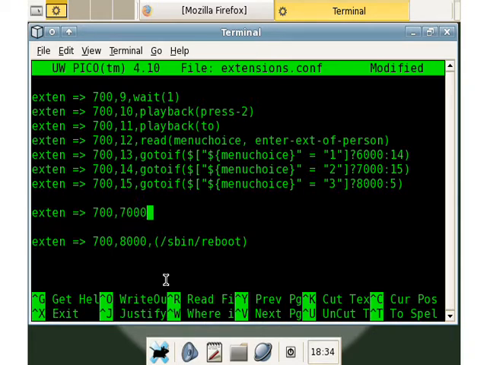Yep. 7,000. And now, if you remember number 2, it said to enter the extension of the person you'd like to reach. So we're going to read the variable, which is ext, and we're going to say if